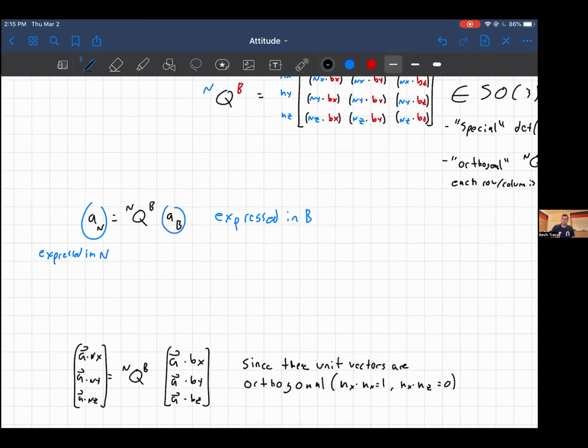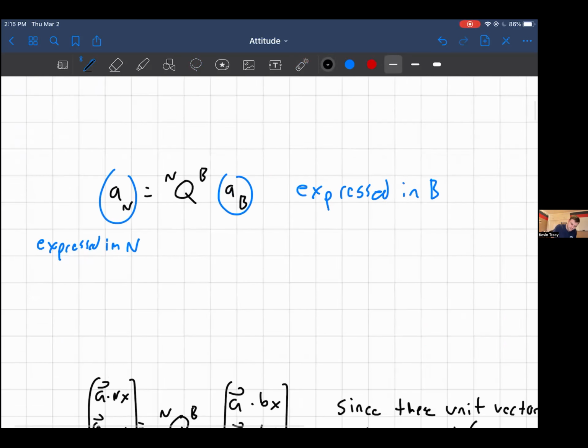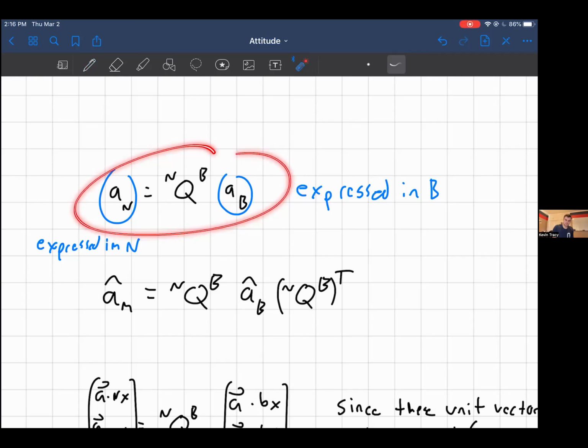And full disclaimer, this is completely useless, but it shows something interesting. When we move to quaternions, you'll see a parallel between this and quaternions. So equivalently, what I can do is A_N hat equals Q_NB, A_B hat, Q_NB transpose. So basically here are two totally acceptable ways to take a vector expressed in one frame and